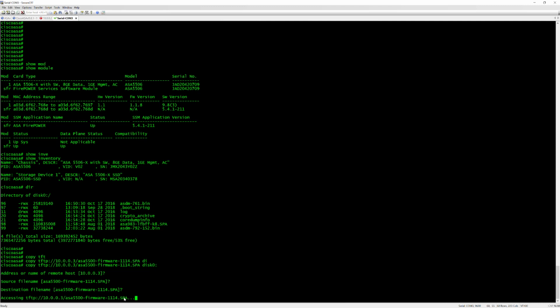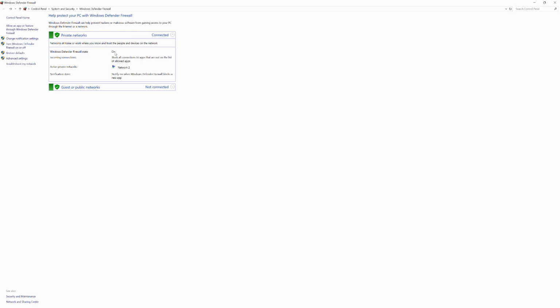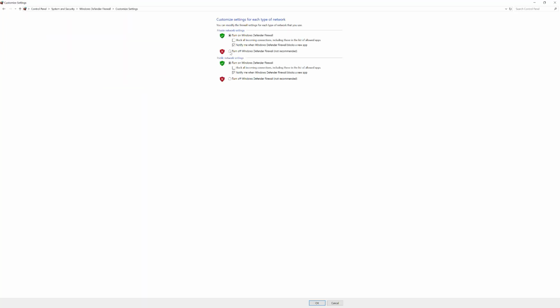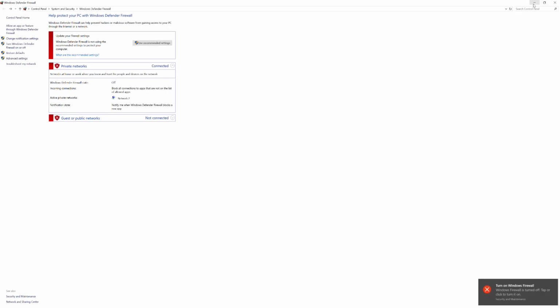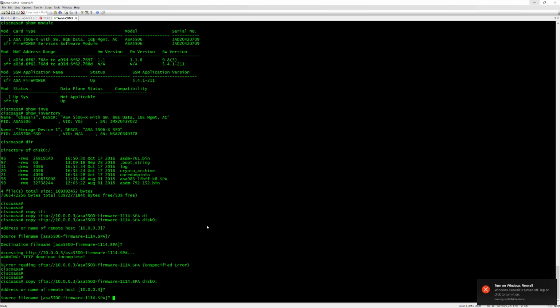Now this probably isn't going to work because I've got the host firewall turned on on my device, so we'll just wait for that to time out and then I'll turn that off and it should work. So there we go, it hasn't worked there. Let's just turn these off real quick. This is something else to bear in mind. I'll just turn both off to make it easier. Now if we just do it again,